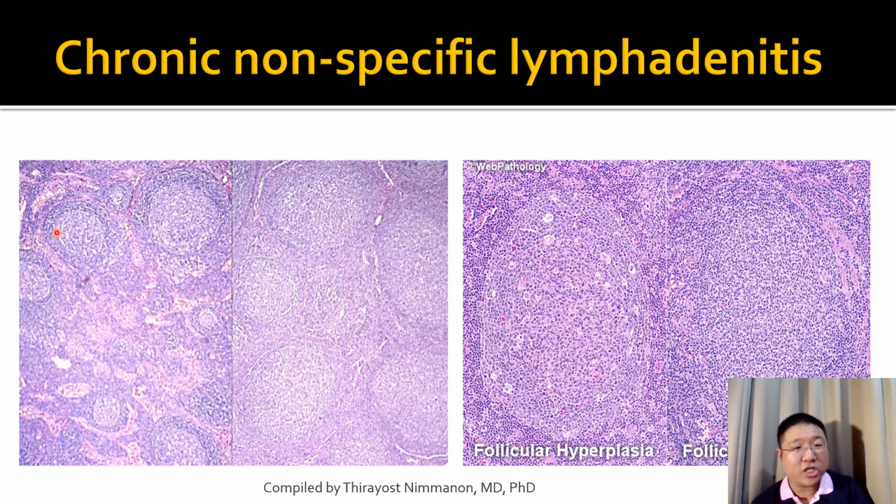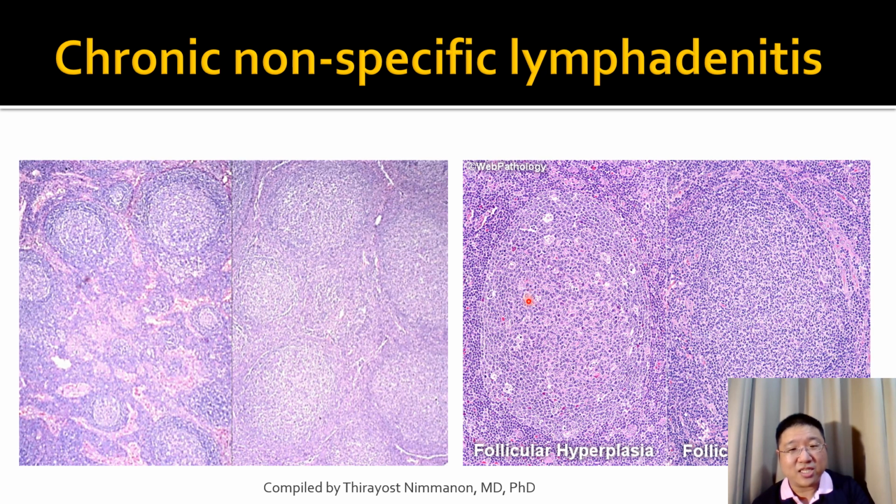We can see the cortical area, the paracortical area, the medulla, and different sinus areas, and we see that the follicles quite vary in size. So these features can be seen in reactive follicular hyperplasia, and at the higher magnification, we expect to see a starry sky pattern,